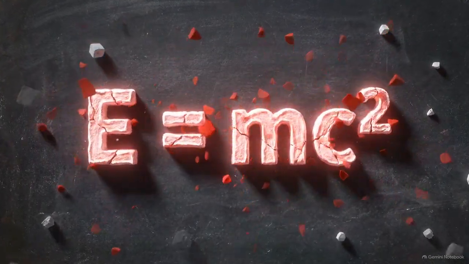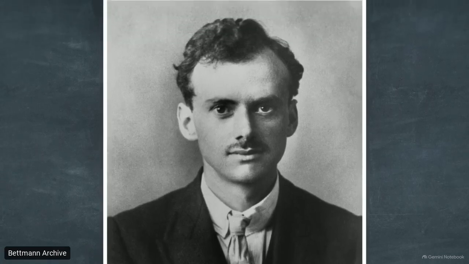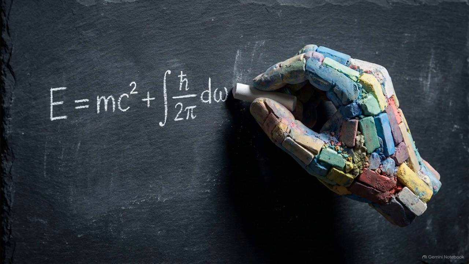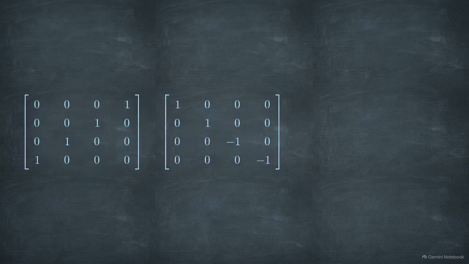By squaring the equation to fix the non-locality problem, physicists accidentally broke causality and birthed the concept of negative energy. Paul Dirac set out to engineer a completely new equation. His objective was to maintain a first-order time derivative to save the probability density while keeping the math local and linear in momentum. He constructed a linear Hamiltonian. To balance the equation, he introduced unknown mathematical components, the alpha and beta matrices. To satisfy the required anti-commutation relations, these components could not be simple numbers, but had to be even-dimensional matrices of at least 4 by 4.